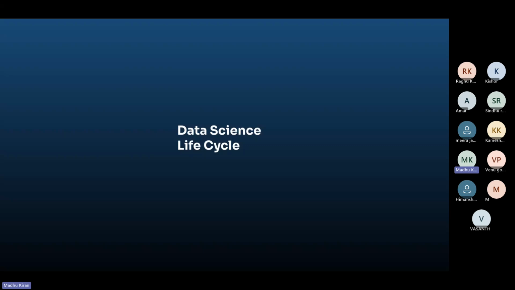Let's start with understanding the data science life cycle. The easiest way to understand it is to think of it like a story, from understanding a real problem to building a working ML solution that people can actually use. The first step is business understanding, because first we have to identify the problem. Every project starts here. Understanding the business simply means what is the problem we are trying to solve. It can be any industry: healthcare, finance, e-commerce, any field.